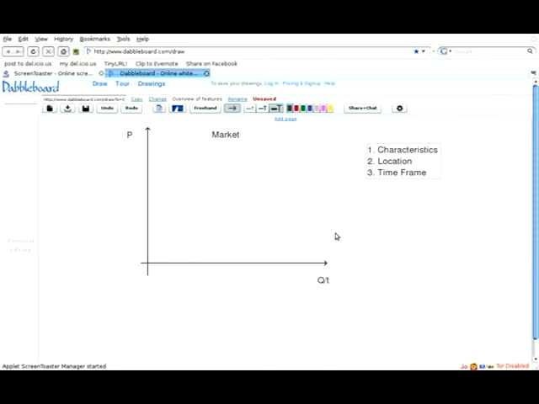So that's an outline of what we have on the axes, how we define a market, and what we're going to do a little bit later on is stick on there our supply curves or demand curves and start talking a little bit about